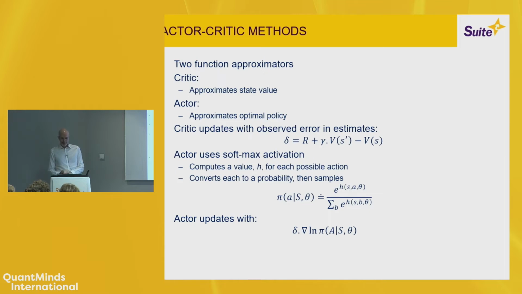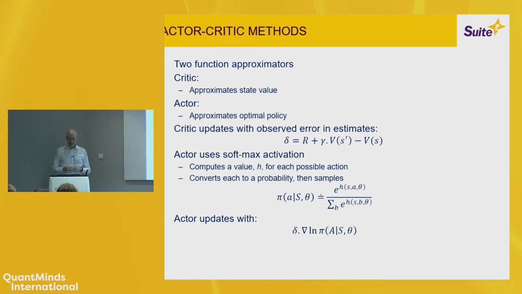So the type of algorithm that we're going to use is known as an actor-critic method. So here we have two approximators. We have one approximator for the state value called the critic, and another approximator for the optimal policy that we'll call the actor. The critic updates based on observed error in its estimates. So as it moves from one time step to the next, takes an action, it looks to see how far off the new value is relative to what it expected before it made the move,